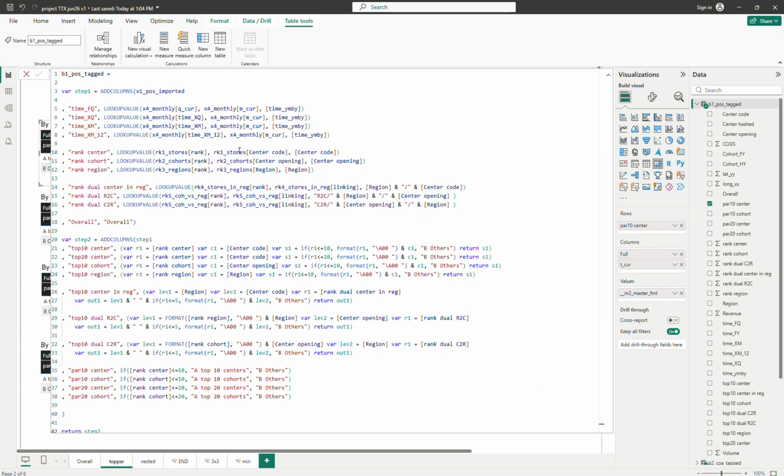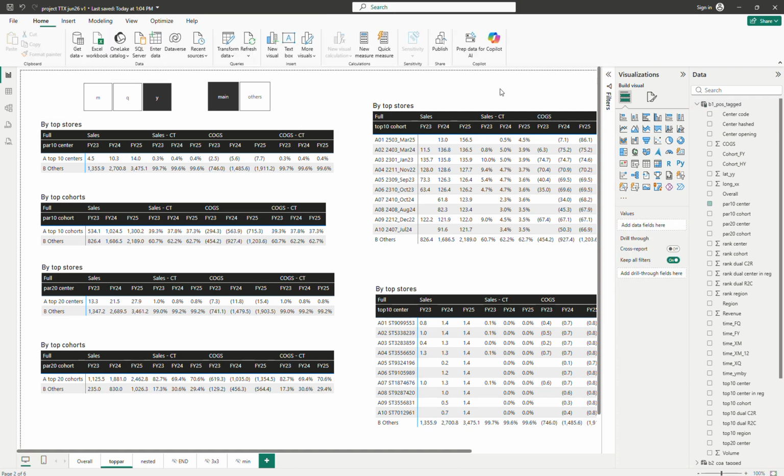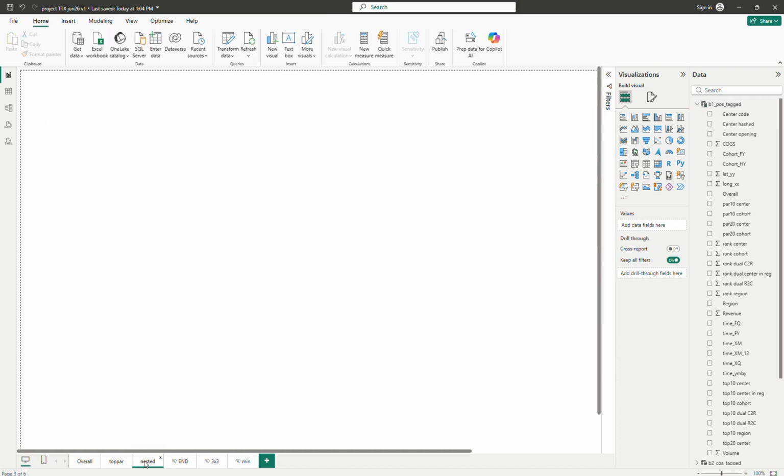So you only need to look up the rank from the other tables, and then you use the if function to tag each entity, okay, based on the rank. So moving to the second one here,